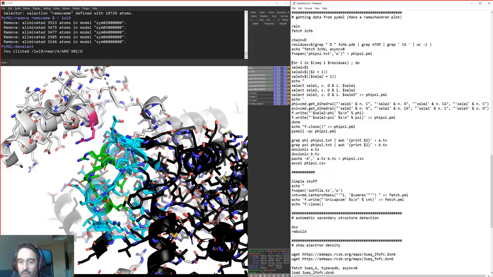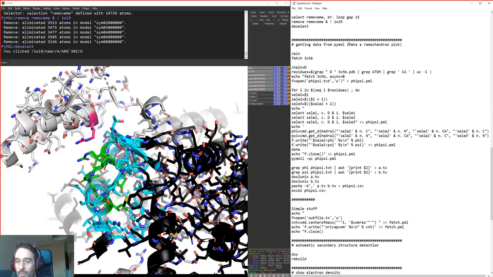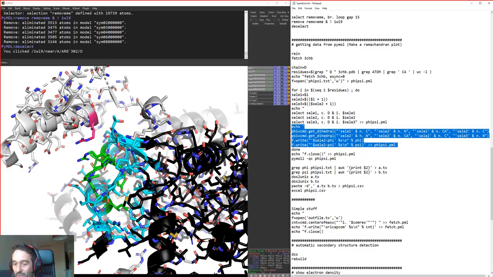Then we can use a few more bash loops here, make some selections of molecules, of residues. So basically we're iterating through our residue selection here. The object here, by the way, is that I'm going to make a little Ramachandran plot based on the phi and psi angles of my protein. So here we're going to basically just select 3 residues, then we're going to give those residue selections particular numbers, and then inside we're going to echo into a script called phi-psi.pml, and we're